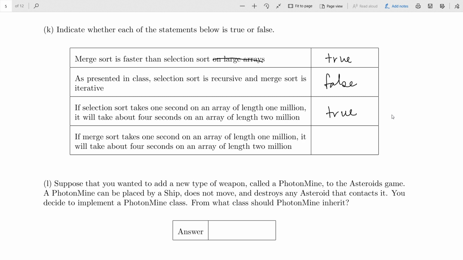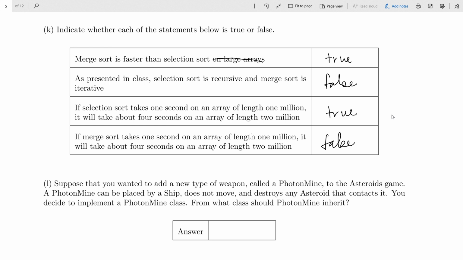It would be a little worse than 2 million because merge sort's n log n. And what I want you to know about that is it's just a little worse than linear. So it would be a little more than double. But it does not quadruple. So that's false. There's a lot more to know about this, but that's for another class. Just the basics here. Any questions I could answer?